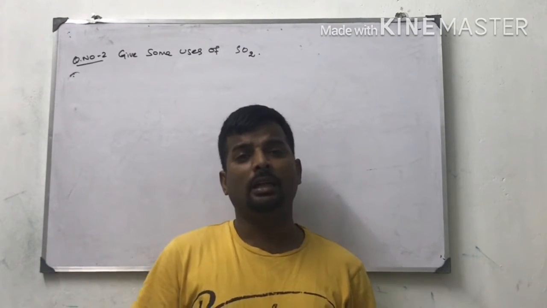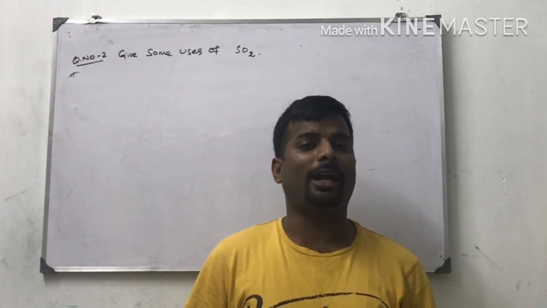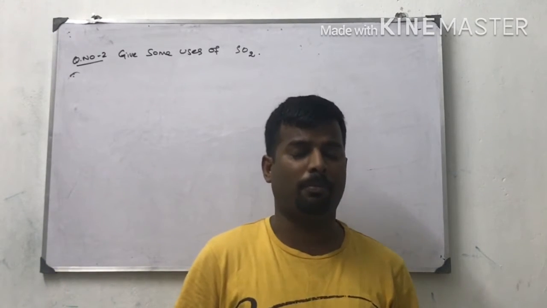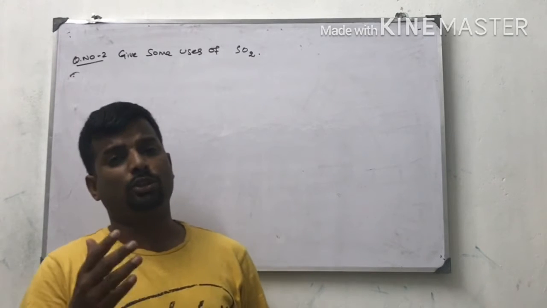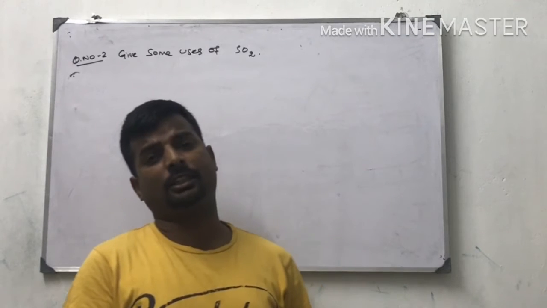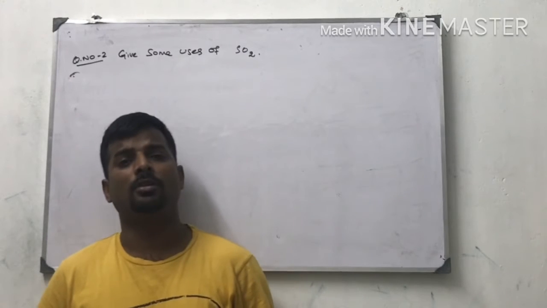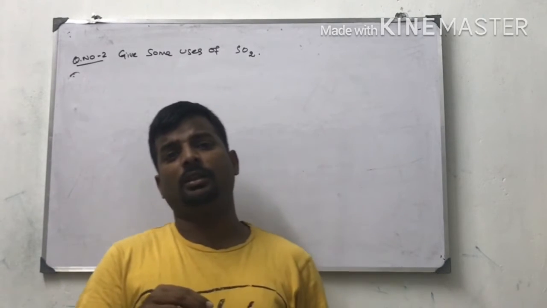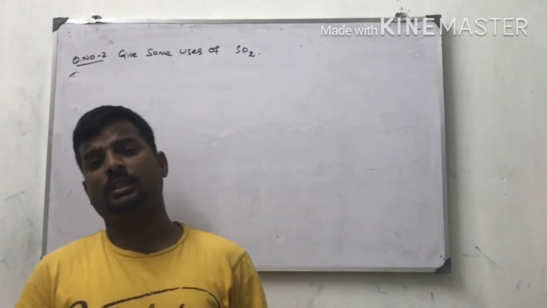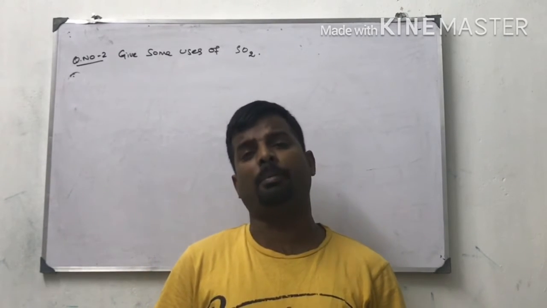It is used as an anti-chlor, disinfectant and preservative. What do you mean by anti-chlor? Anti-chlor means it removes the excess of chlorine content present in the textile fibers. Next, it is used for making many industrial chemicals like sulfuric acid, calcium hydrogen sulfide, sodium hydrogen sulfate, etc. For sulfuric acid, sulfur dioxide first reacts with oxygen to form sulfur trioxide. This sulfur trioxide again reacts to give sulfuric acid in the presence of a catalyst called vanadium pentoxide.